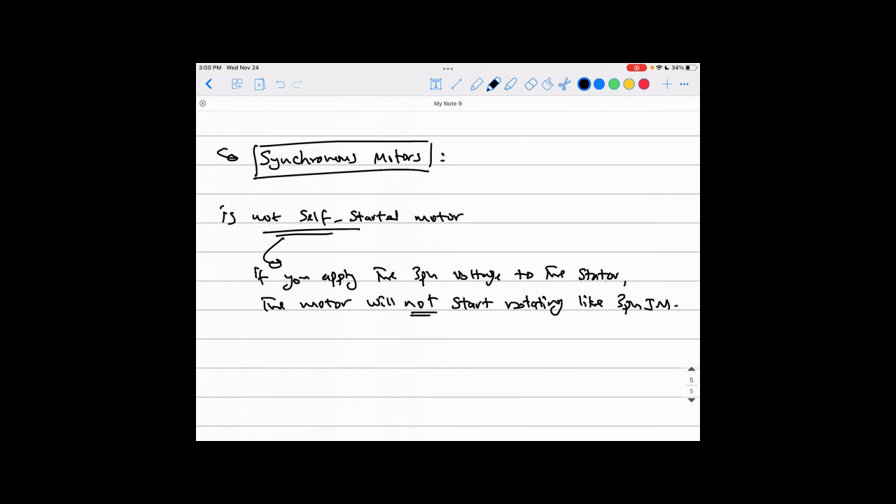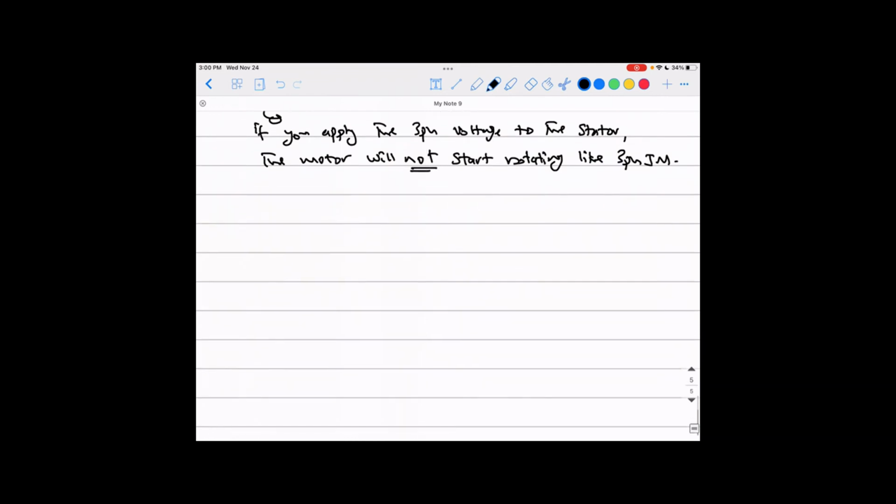The synchronous motor also has three-phase winding in the stator, but if you apply three-phase voltage to it, it will refuse to start. The motor will not rotate, okay? Why? If you remember back when we talked about the construction, or how the synchronous motor actually works,